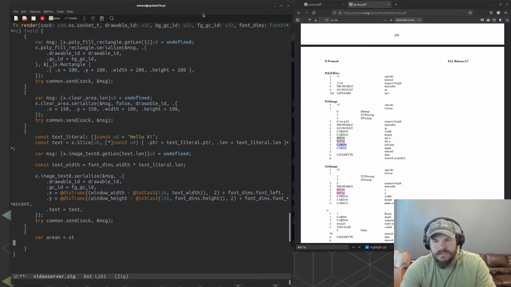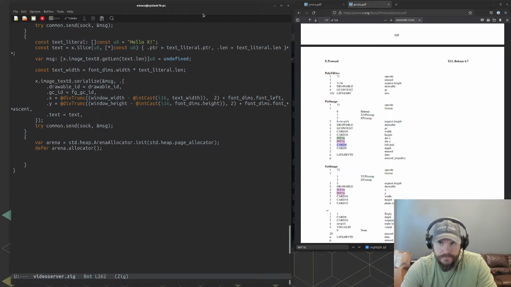Okay, well for now we're just going to use an arena. Page allocator. So we're just going to allocate a page for this command for now, and then we'll just deallocate it every time, which is pretty inefficient, but that's okay. Actually, we could use our global arena, and it could potentially be reused. I don't remember if arena would handle that or not, but